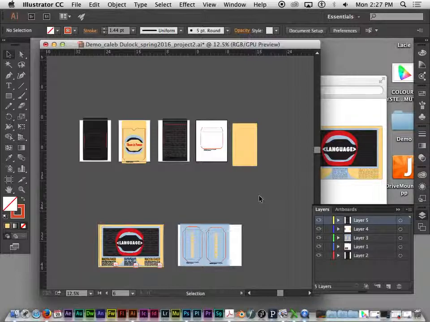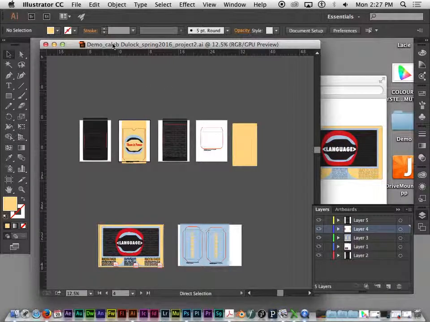So the first thing we're going to look at, number one, before really dealing with this file inside of Illustrator, what we need to do is actually work from a duplicate of our project file, because some of the things that we'll be doing today with this file are going to be permanent changes that you don't want enacted on your master file. Okay? So again, if you have your project open in front of you right now, this would be a good time to save your changes, close it out,